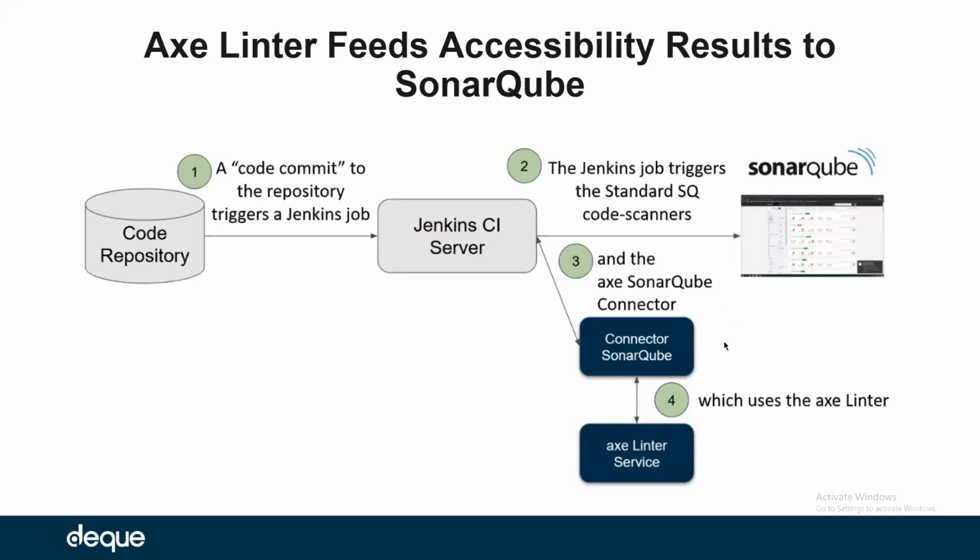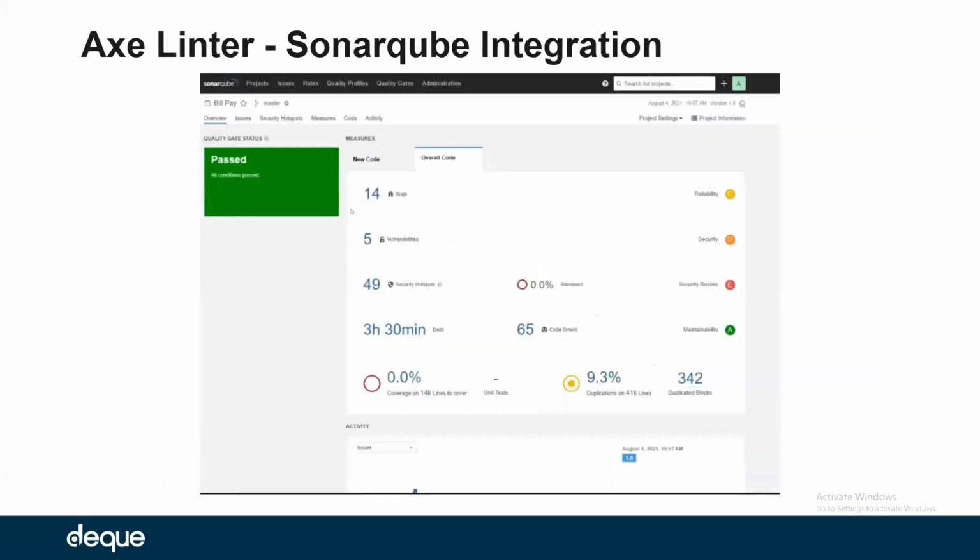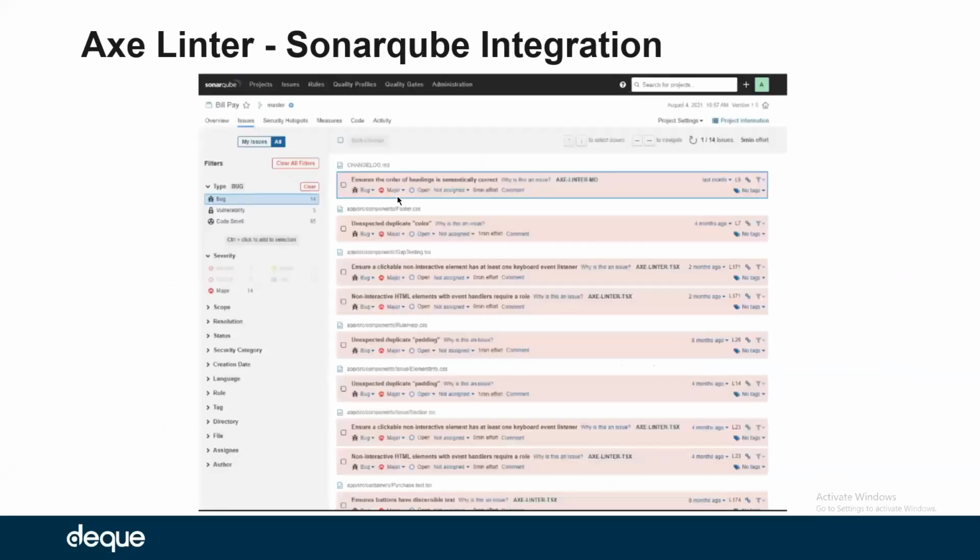Okay, so that is what exactly happens over here. Now, once we do that, when you go to your SonarQube, you'll be able to see the dashboard with all the issues which are there, and then you can look at the bugs and see, okay, there are some bugs. Let me look at what the bugs are. So you click on the bugs, and then you'll be able to view all the bugs. This is your regular SonarQube dashboard.